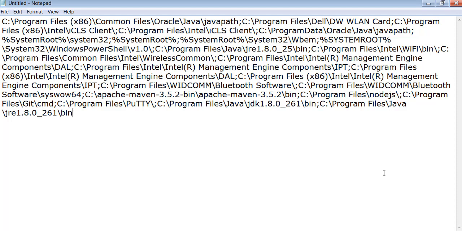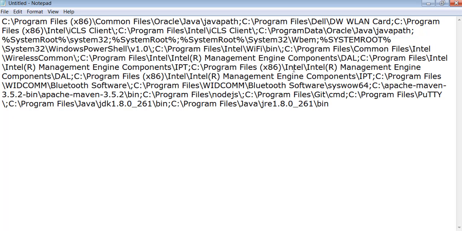then go back to the notepad and update it there to make sure we are providing the right path here. And also make sure we do not have any other JDK version or JRE version in this path. If you look into this, I already have the older version, which is Java JRE 1.8.025/bin. I will remove this. This is not required because I am using the latest version right now. And also we can check whether there is any other path pointing to Java JDK here. I think everything is perfectly fine. I don't see anything else pointing to the older version of the Java JDK or JRE.